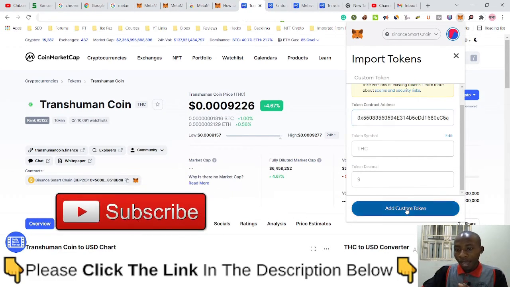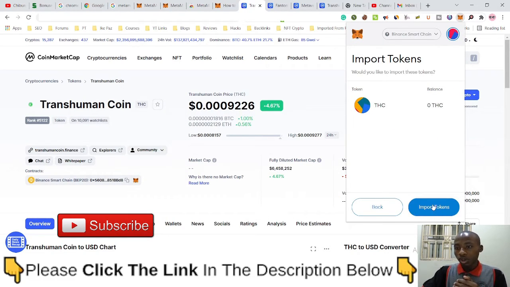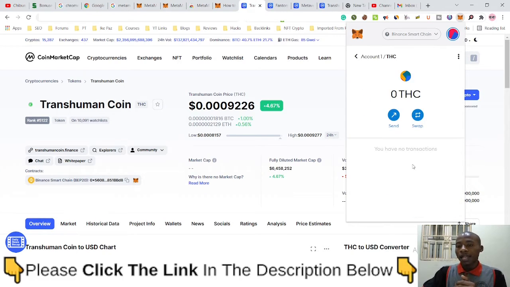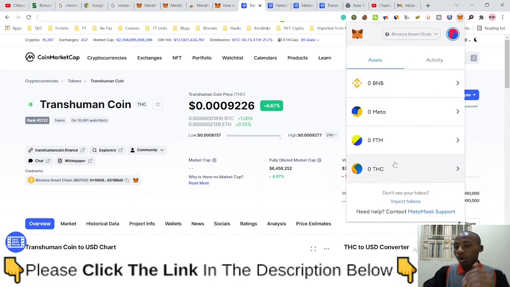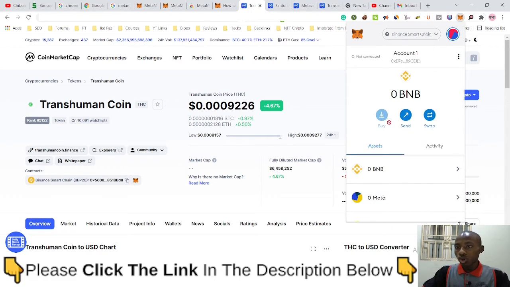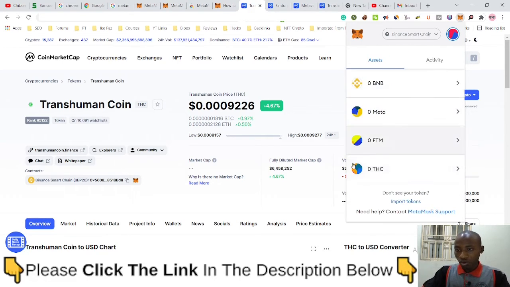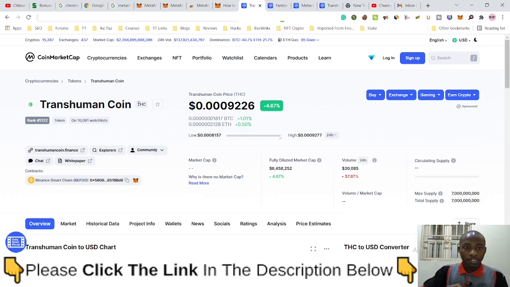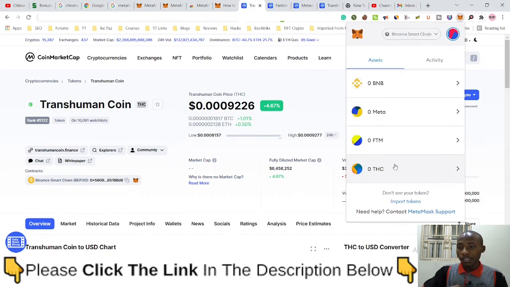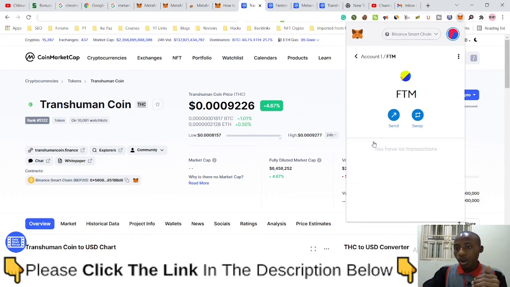Then you click on add custom token, then you click on import token, and that is how you add tokens that are on the Binance Smart Chain network to your MetaMask. You can see that THC is there. That is the transhuman coin. When we come here, we have it there as well. So that is exactly how you go about it.